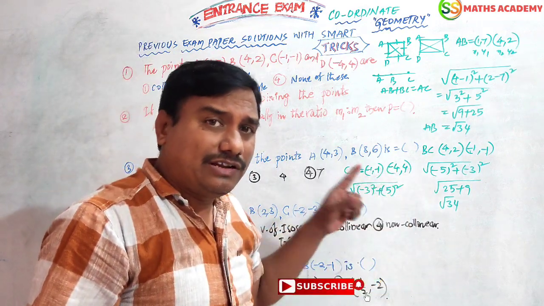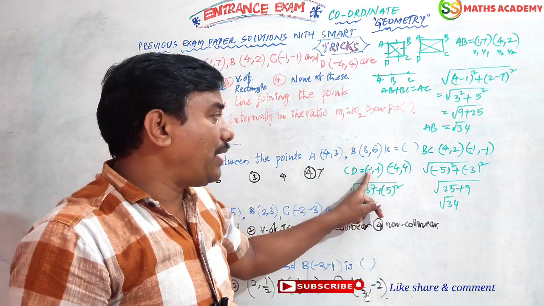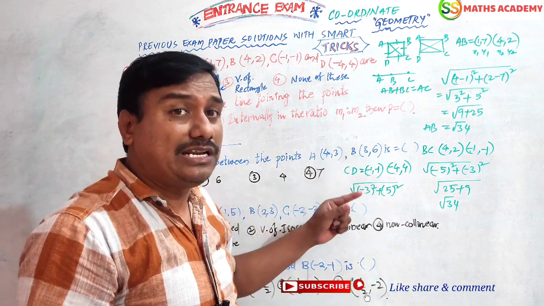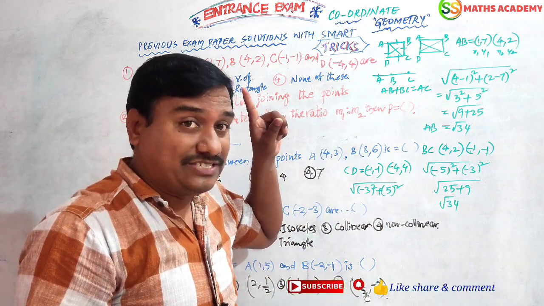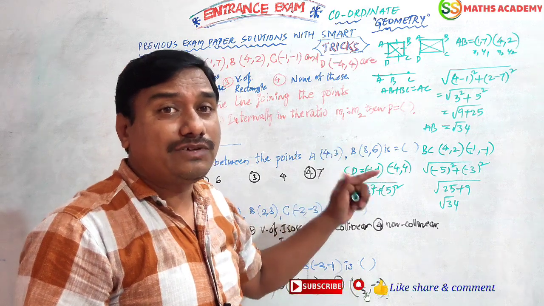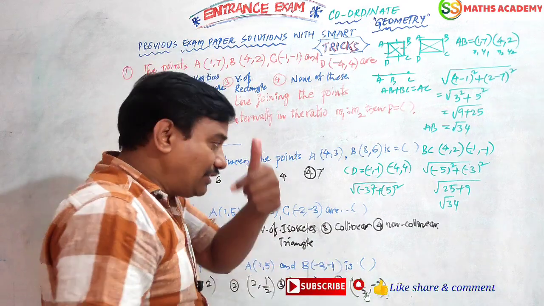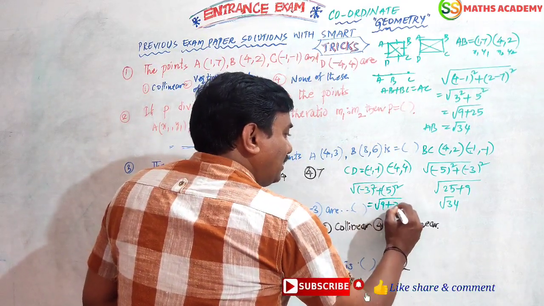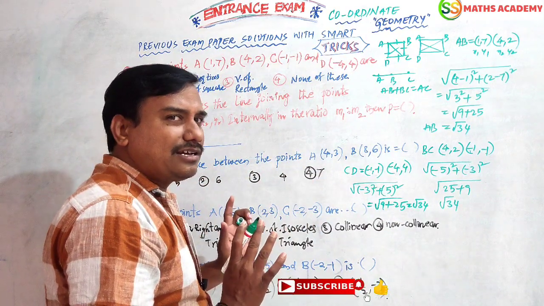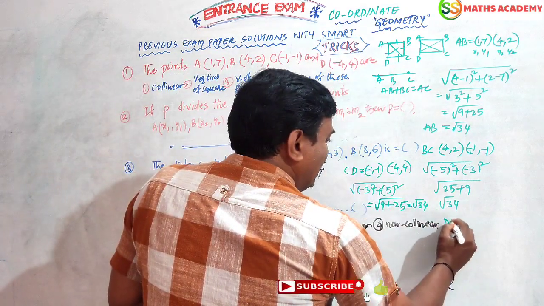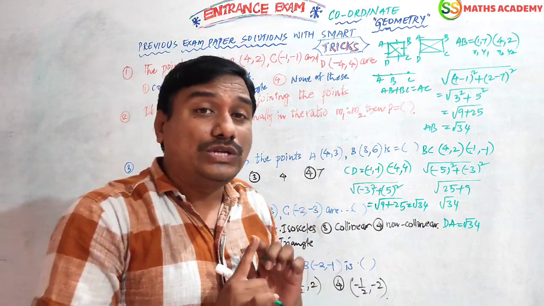Children, you already know very well, in the first part we explained very clearly. That is the reason I am doing it fast. In the formula, x2 minus x1, y2 minus y1, minus of minus becomes plus: 4 plus 1 is 5. It is a competition style now, so we have to get habituated to it. This is 9, this is 25, nothing but root 34. These three are coming root 34. Usually DA also you should get root 34, no doubt at all.